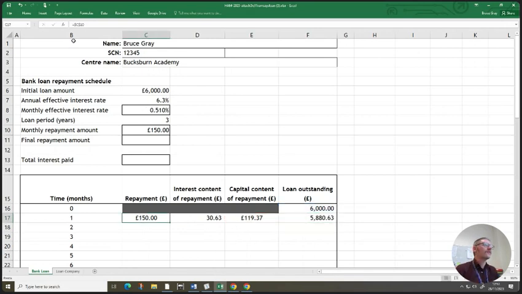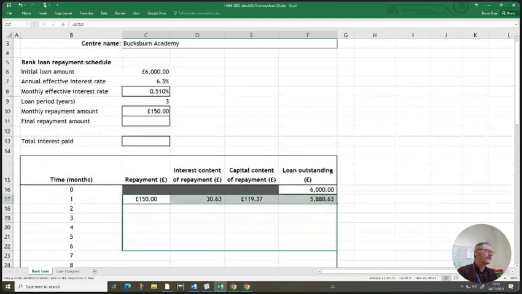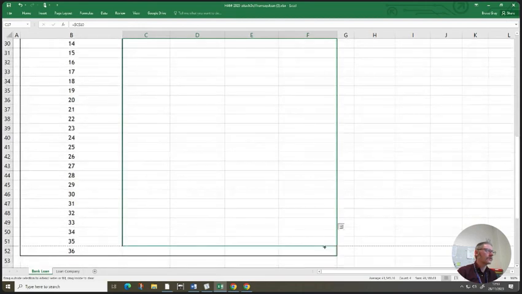The only thing I've got an absolute reference for is the monthly payment amount and the monthly effective interest rate, because I want to be able to drag this down and for it to look in all the appropriate cells from the line above or the line it's currently in. So I've highlighted these 4 cells. I'm going to grab the wee box down the bottom right and drag this all the way down to 36